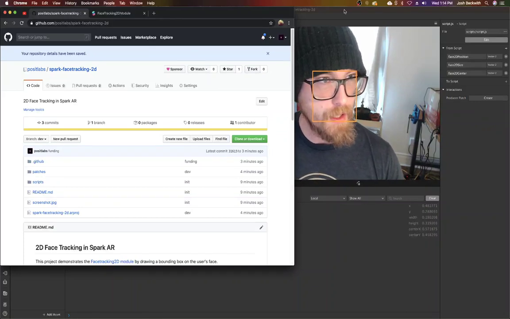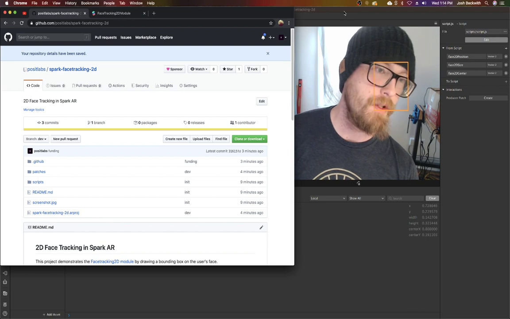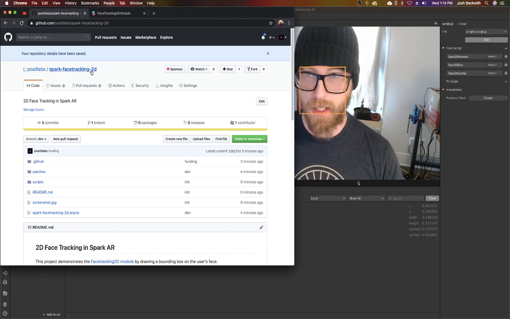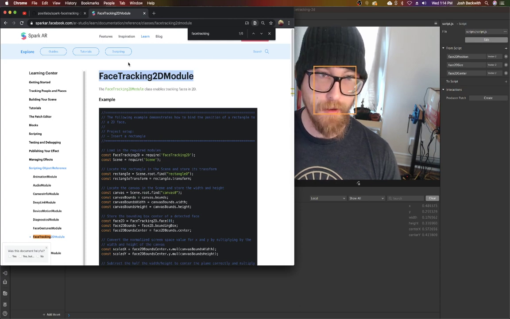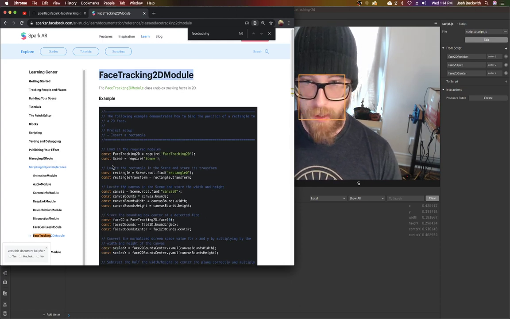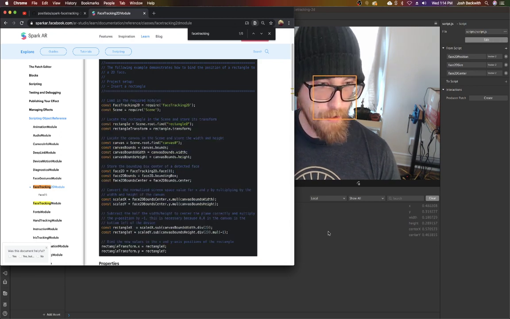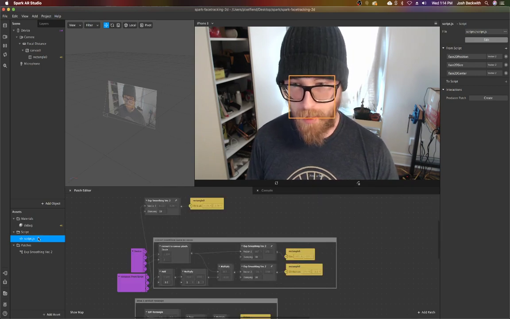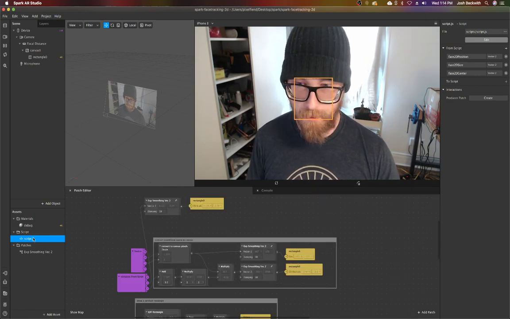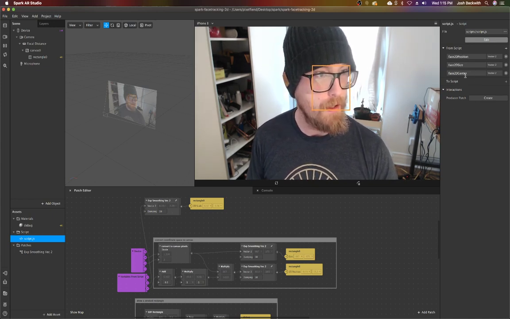So this is something I've wanted to play with for a while, but it was broken. It's just the 2D face tracking module in Spark, which you can only access via script. There's some example stuff in the script, but I thought it would be useful for me and other people to set up this example. So pretty much, if you look at the script, it has a couple of variables set,